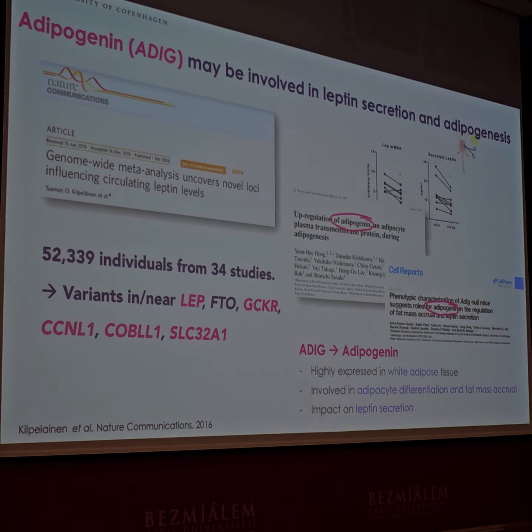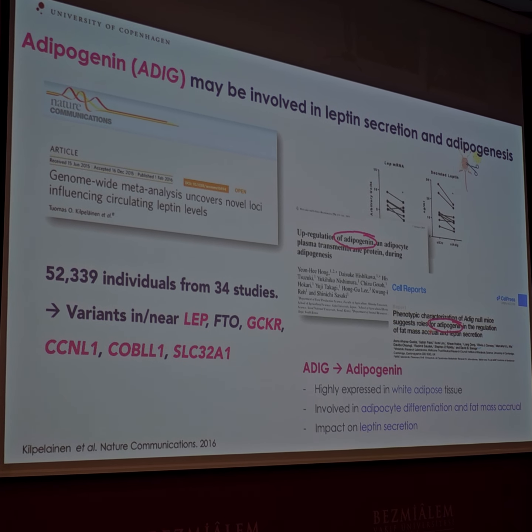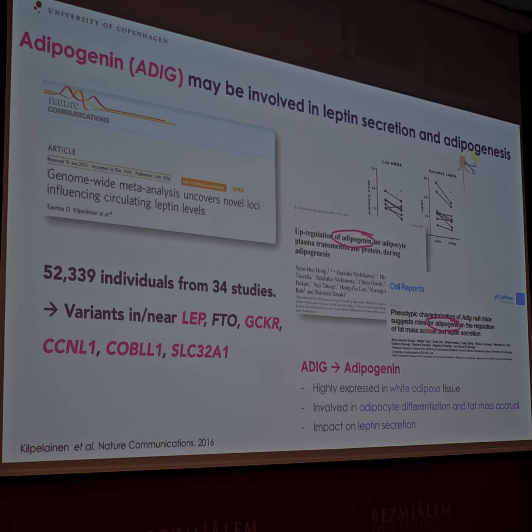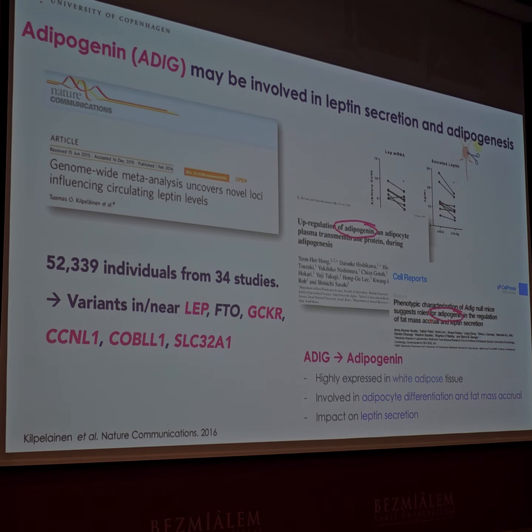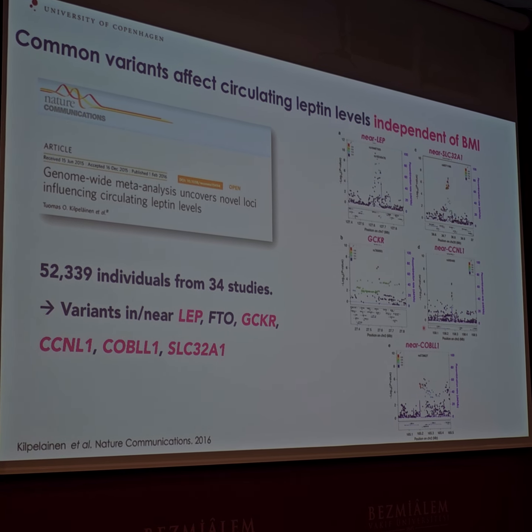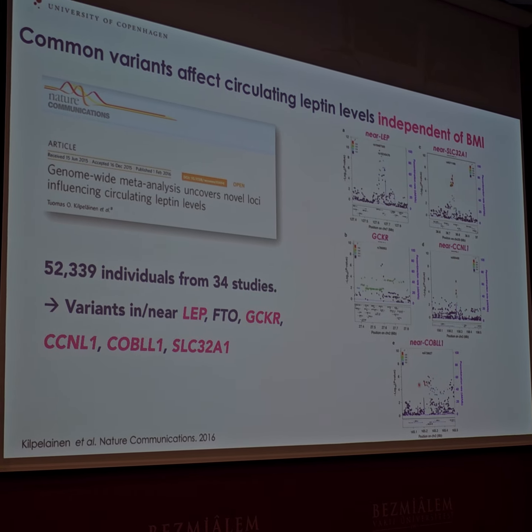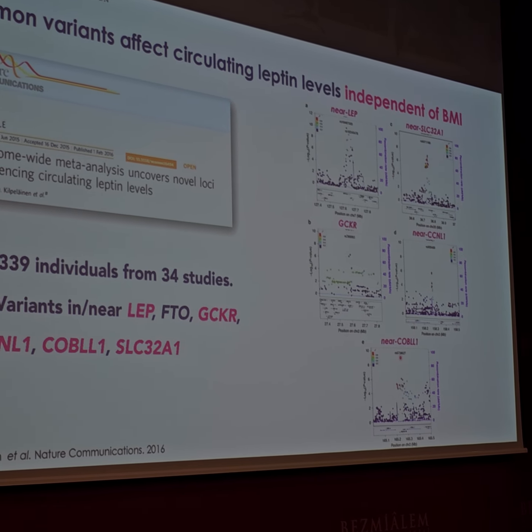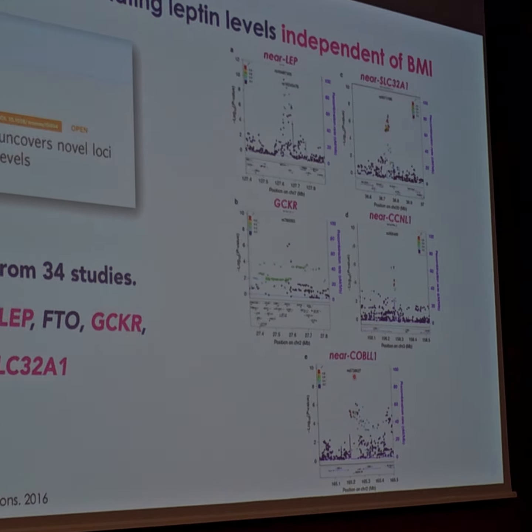Just to emphasize that GWAS for these endophenotypes might actually be more useful or informative when it comes to variant to function analysis. Then another locus where I won't go into too much detail, but there was a variant near the COBL1,